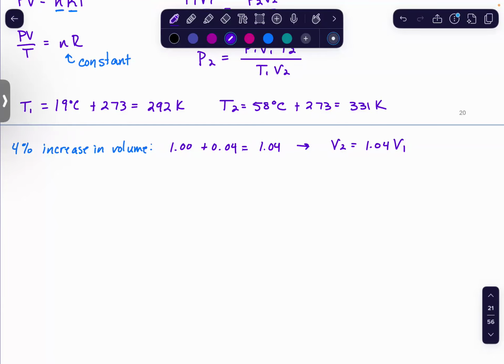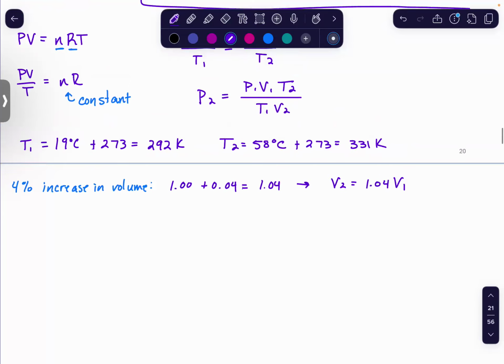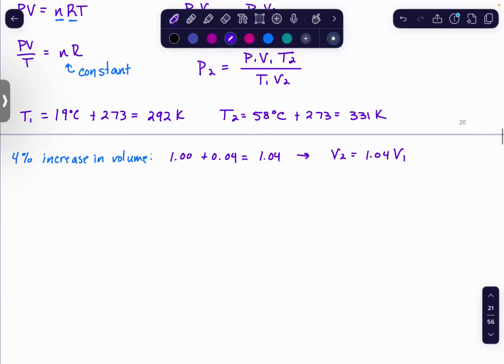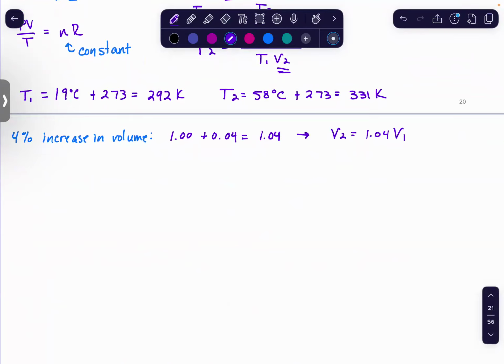Okay, so that works out because you notice we weren't exactly given volumes. So how do you plug those in? Well, if I plug this 1.04 V1 in for V2, the V1s will cancel out, and so we won't have to worry about volume. So let's look at that. P2 equals P1 V1 T2 over T1. And now I'm going to plug in 1.04 V1. So it's going to be